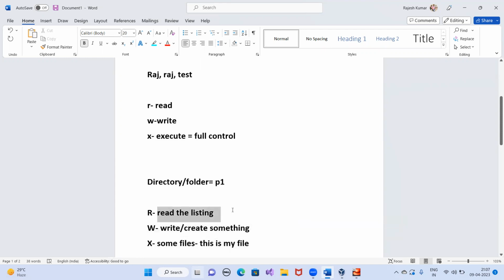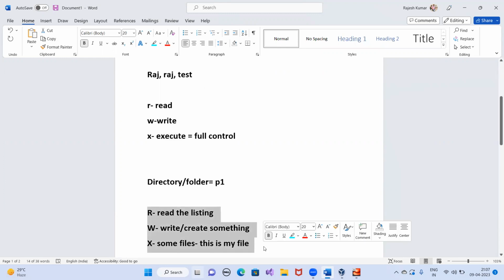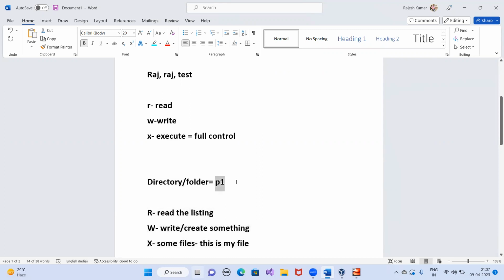For read, you can only read the things. You can only check what content, what data is saved inside the folder. For write, you can create the folders. You can create the files inside that. You can delete them. For X, you have the execute permission. You can open that file and do any changes, any modification. If someone has these three permissions, it means that user has full control on that particular folder.